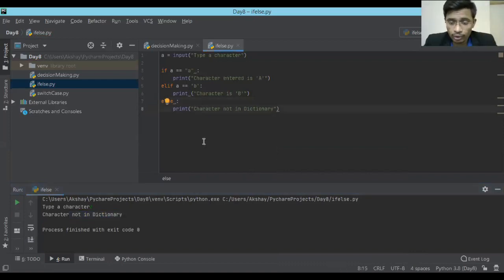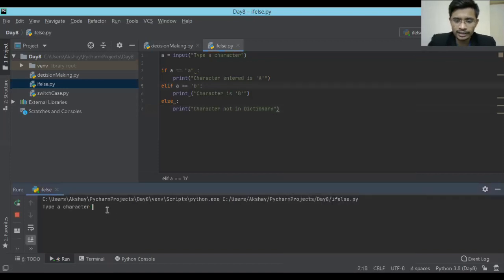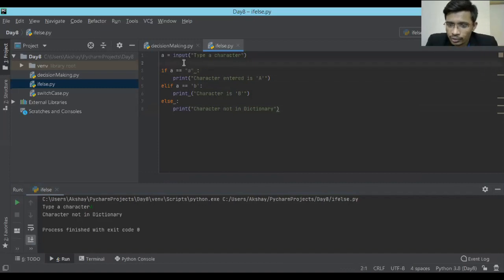So if you want to make sure that the character entered, either in capital or small, is handled, whatever it may be, I just want to check whether a is entered or not. Right now, if I enter capital A, it will give me character is not in dictionary, but A is there, right? So either small or big should not be a problem. For that, we learned something back then. So what is that?